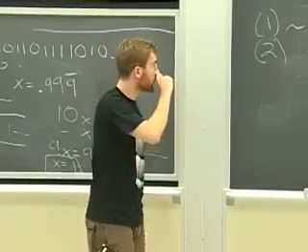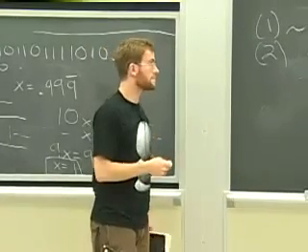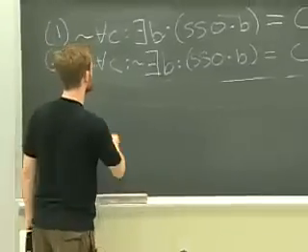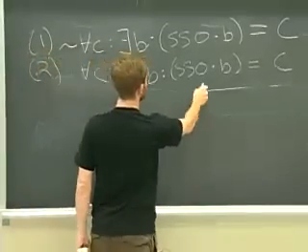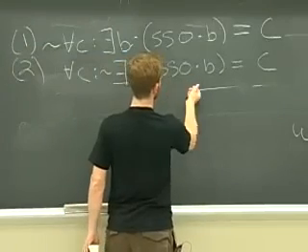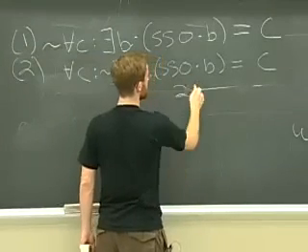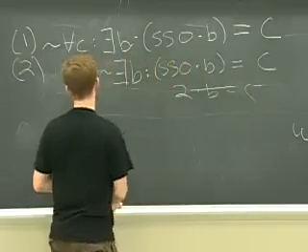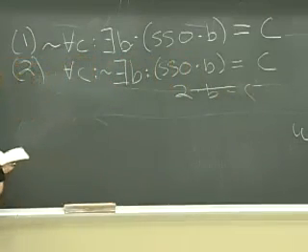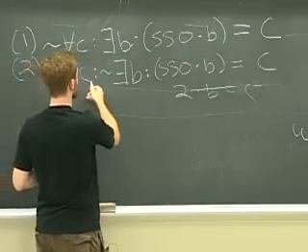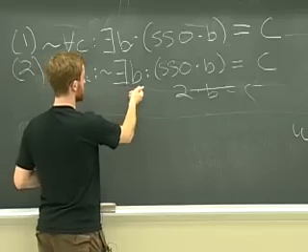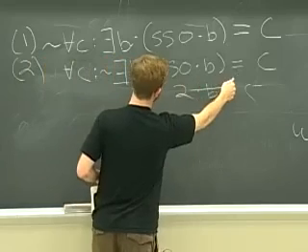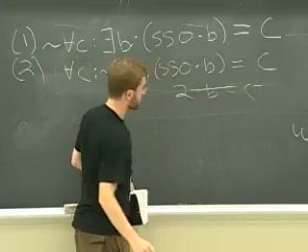So first, anybody willing to field an interpretation who's not Latif? Max: For all C, there doesn't exist B such that, you can go ahead and call it 2, 2 times B is C. Okay, so for all C, there does not exist a B such that 2 times B is C.